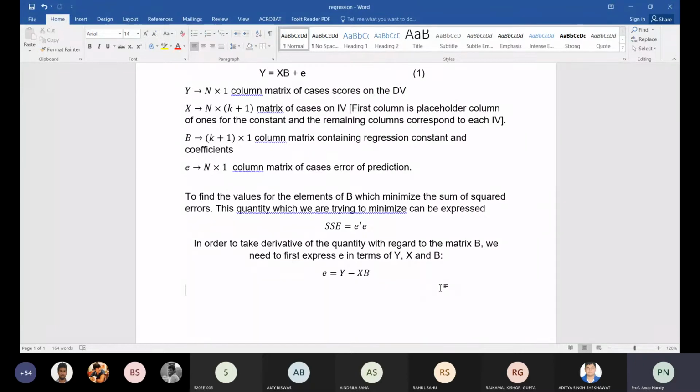So now substituting this expression on the right side into equation 1, we get